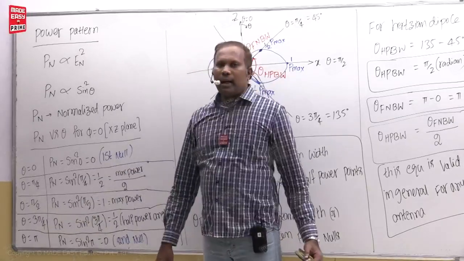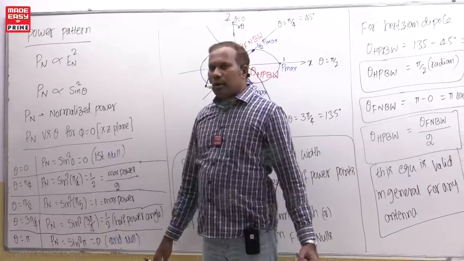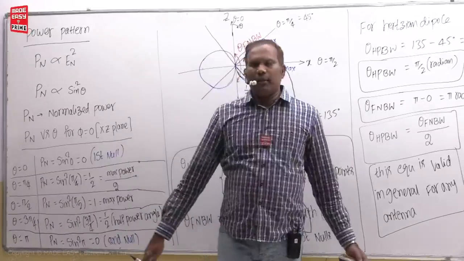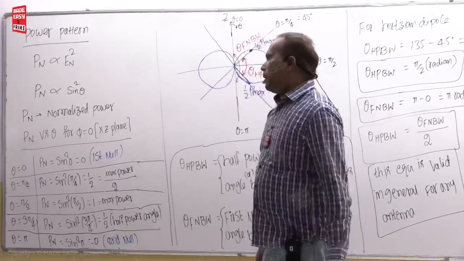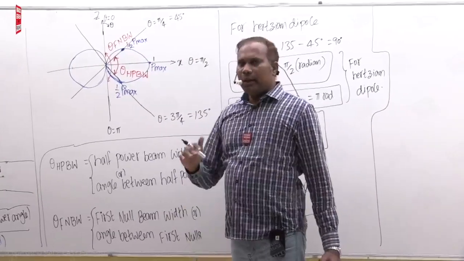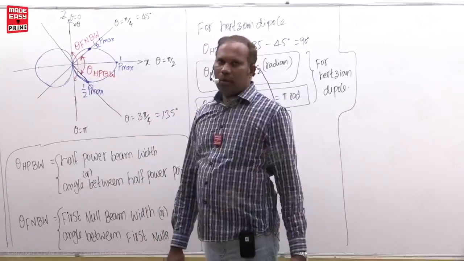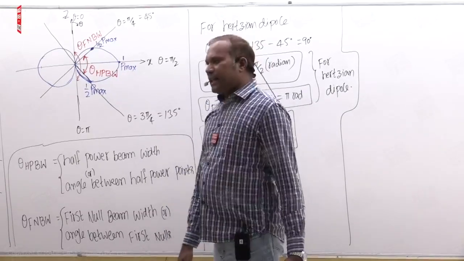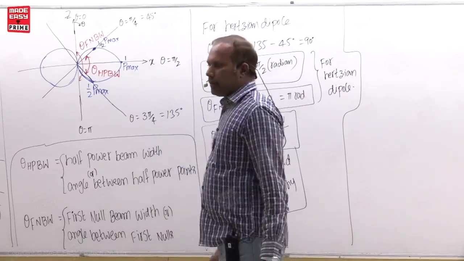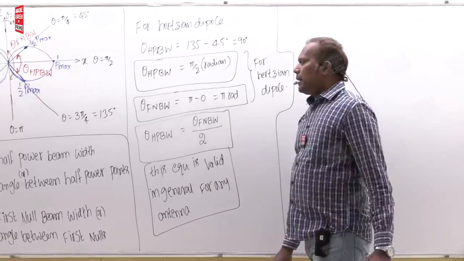You will get half power beam width. Similarly, at one angle you will get 0. Then again, after how much angle you are getting 0, take the difference of them. Then you get FNBW. Otherwise, if you get half power beam width, you take 2 times of that, then you get FNBW. So no need to draw the diagram and no need to confuse. But in exam, if the diagram is already given, then from that you can also recognize the half power beam width and FNBW. Okay,